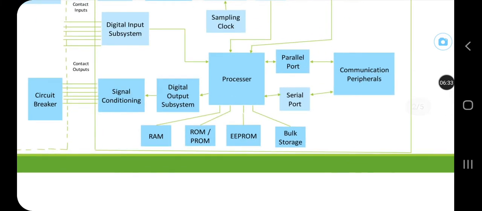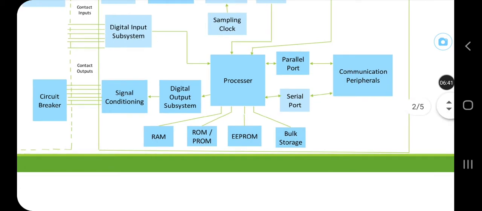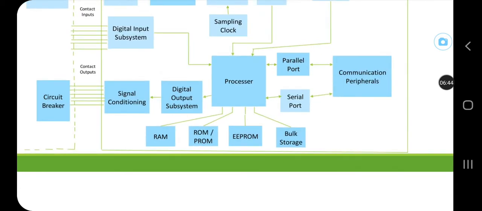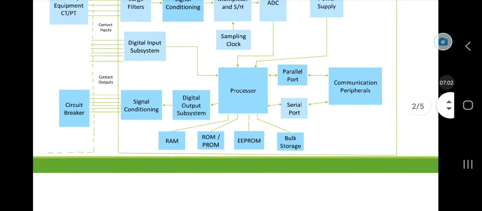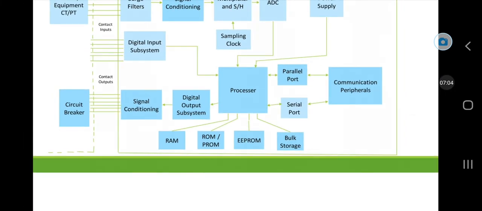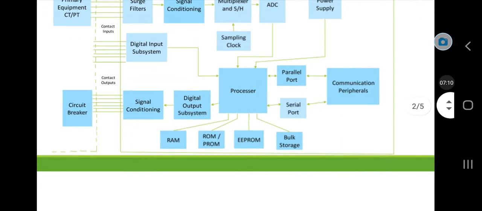Last is the bulk storage. Bulk storage memory is required for storing historical data files. This is used for storing time tagged event data, fault related data tables, and recording of significant transient events of the power system. So, the digital filter program is essential to all relaying applications. The data samples acquired within the RAM are passed through the digital filter program. The algorithms for extracting phasors are also there.